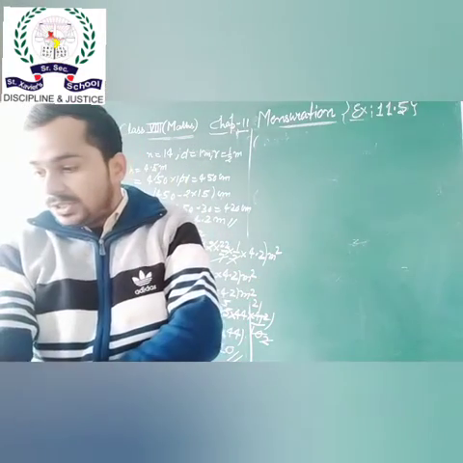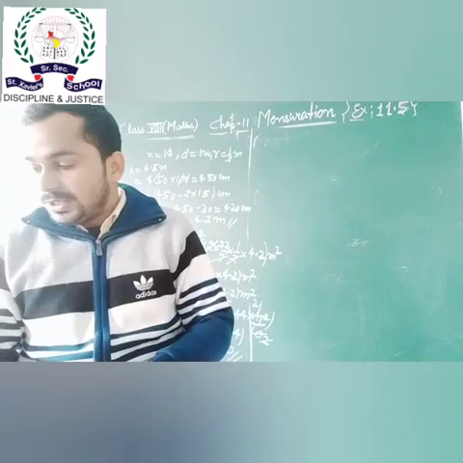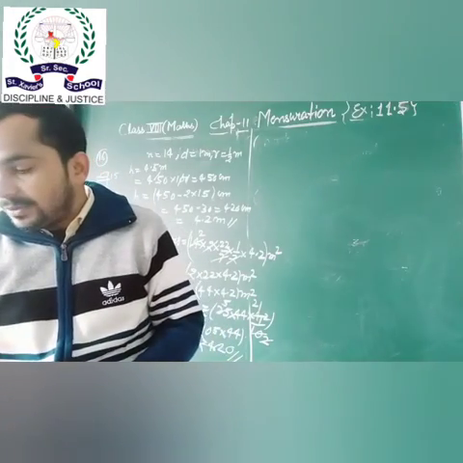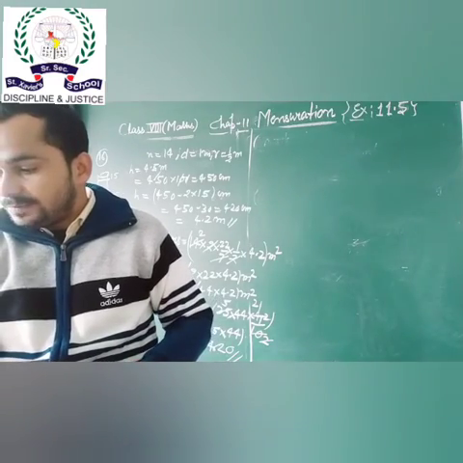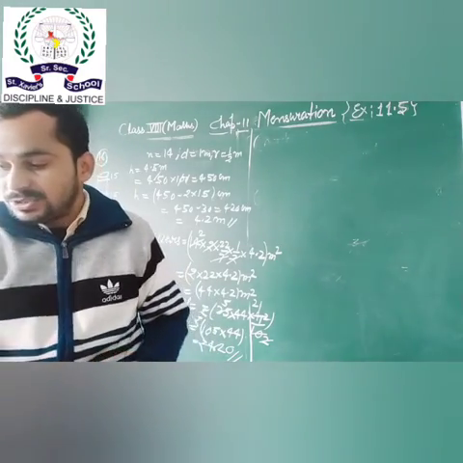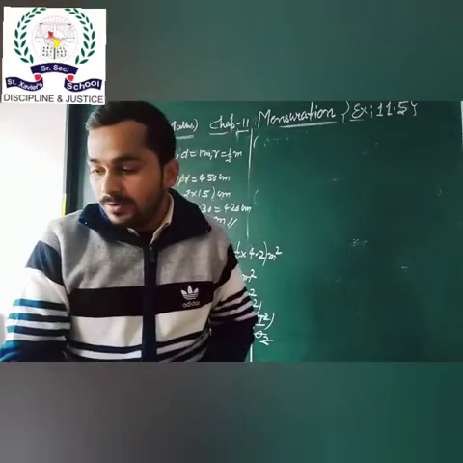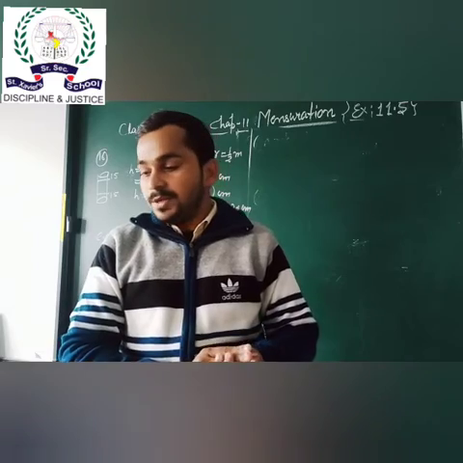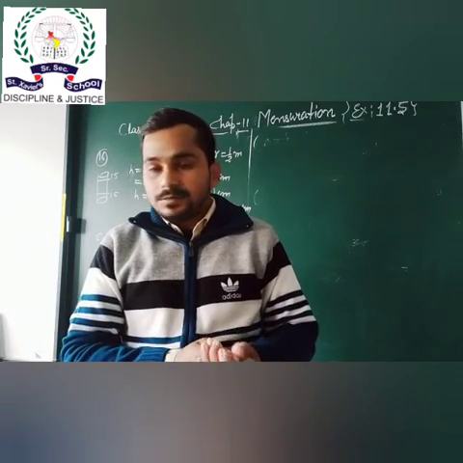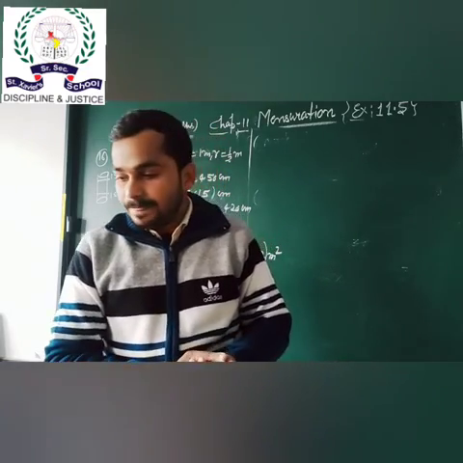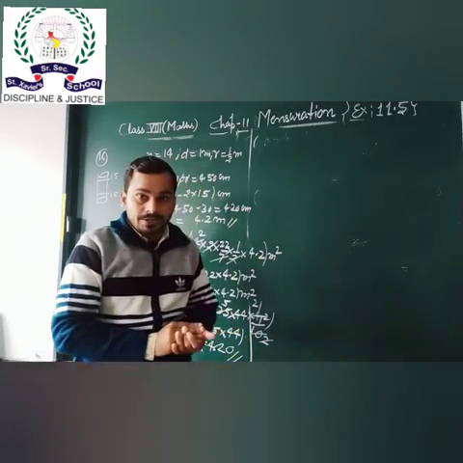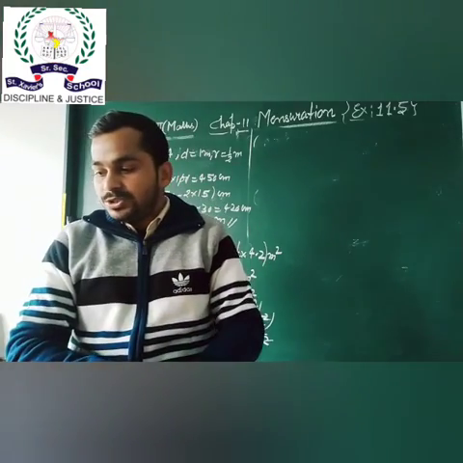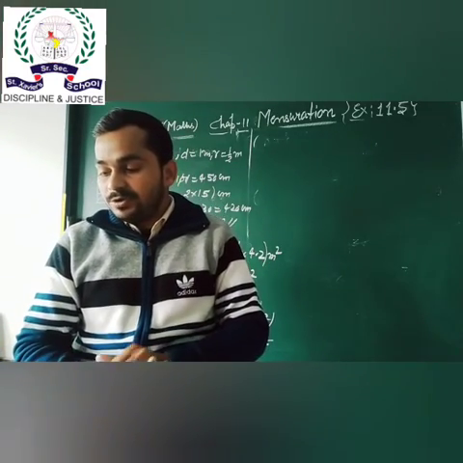Now question number 17. A powder is available in 2 packs. A tin can shape in the cuboid, internal measurement is given, and a plastic cylinder with 7 height. Which contains greater capacity and by how much? So you have to find out the volume of both packs. One is given in the cuboidal shape and other is given in the shape of cylinder. Then compare the volume of both and subtract, by how much, you subtract from the greater to the lower. So we get by how much, find out difference.